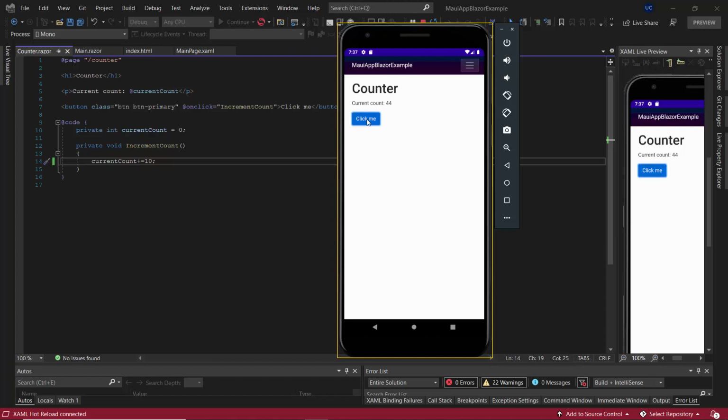That's super cool with a hot reload option over here. So only the changes which we did to that current count variable is getting reflected here. Now, next we'll move on to the next step. Next we'll see how to add SyncFusion Blazor component into this particular project.